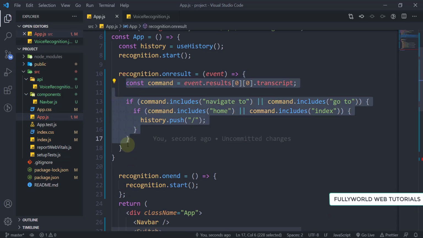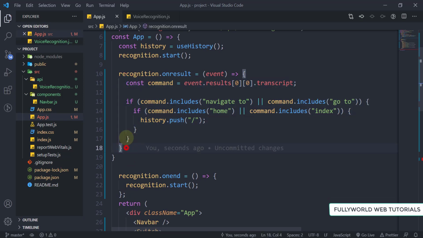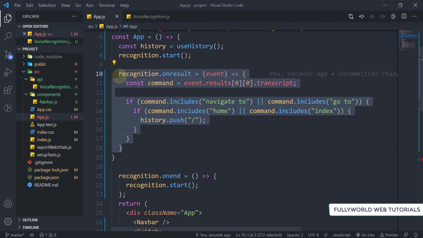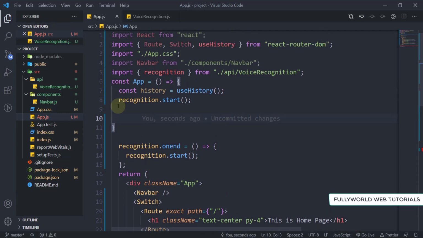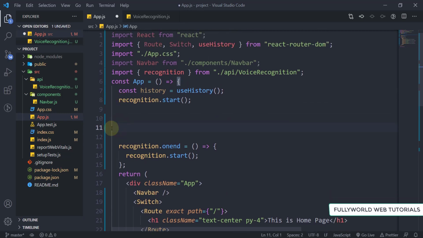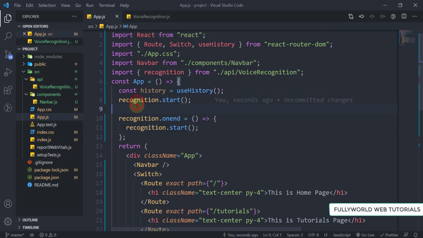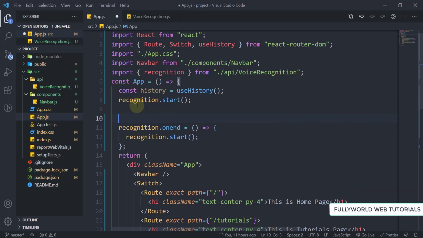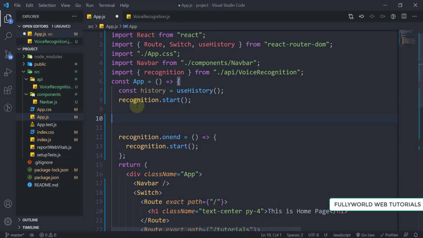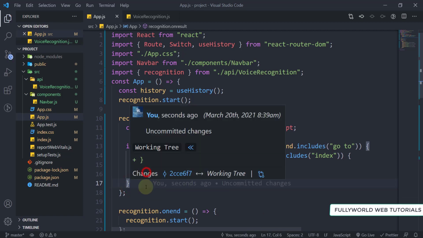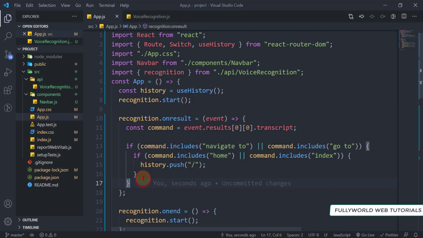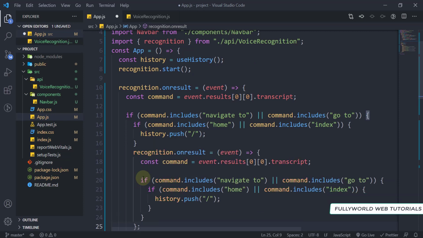So let me remove this on result. I'm going to remove this on result here. Now I'm going to remove this. So see that here we are getting everything correctly, and let's place it here. So now we can save it successfully, and here we can write our else commands.